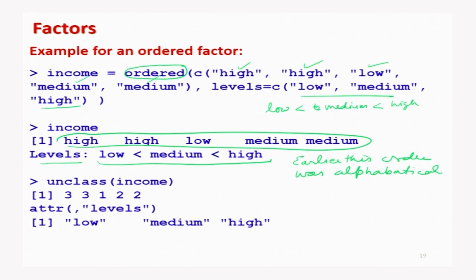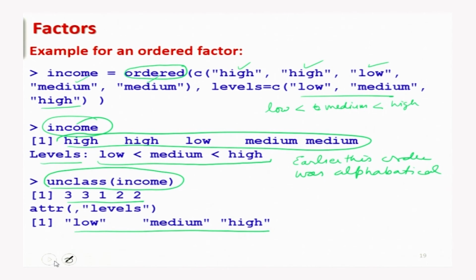And now, in case you try to use the command unclass over the same output income, you get 3 3 1 2 2, and you can see the labels are again the same: low, medium and high. If you try to see here, low is indicated by 1. So, this is here, and this is the same data here, low, and then there is medium. Medium is indicated by